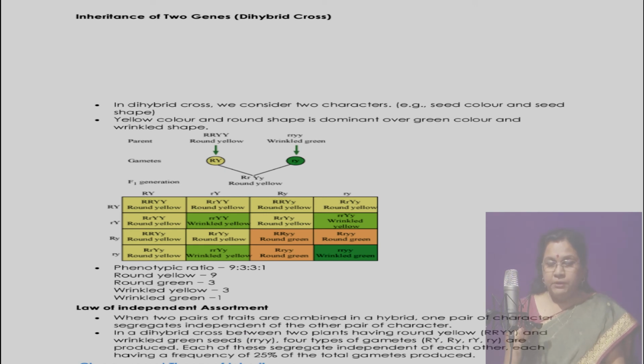When self-pollination is done of the F1 progeny, 4 different gametes are formed, and these 4 different gametes independently assort and mix up to form the 2 new combinations in the ratio of